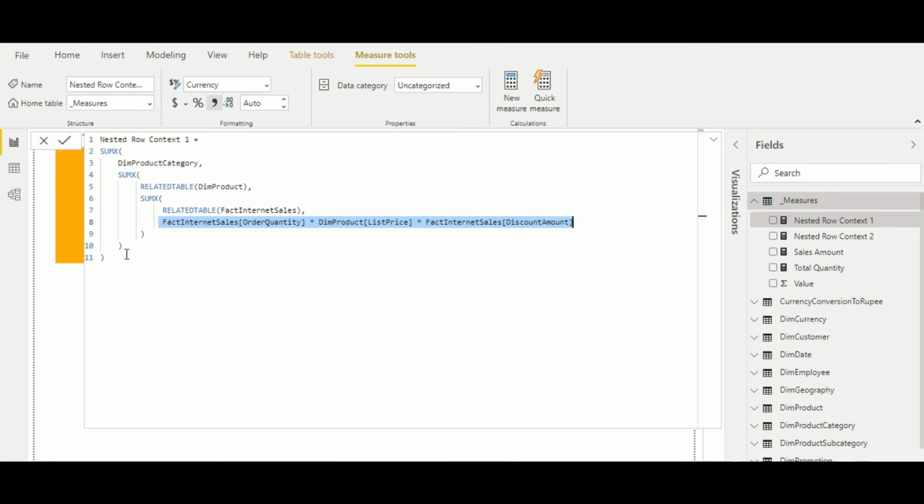So suppose you have a relationship between 2 tables. In this case we have a one-to-many relationship from product category to dim product, and then from dim product to fact internet sales. So like this, from the one side to the many side, we are moving using the related table, and we are iterating over that. Now how to optimize this code, I have also written that code. Let me just show you. So this was one way. This is a little less optimized code, and let us move to the same calculation, which can be written a little bit differently. Let's see that.